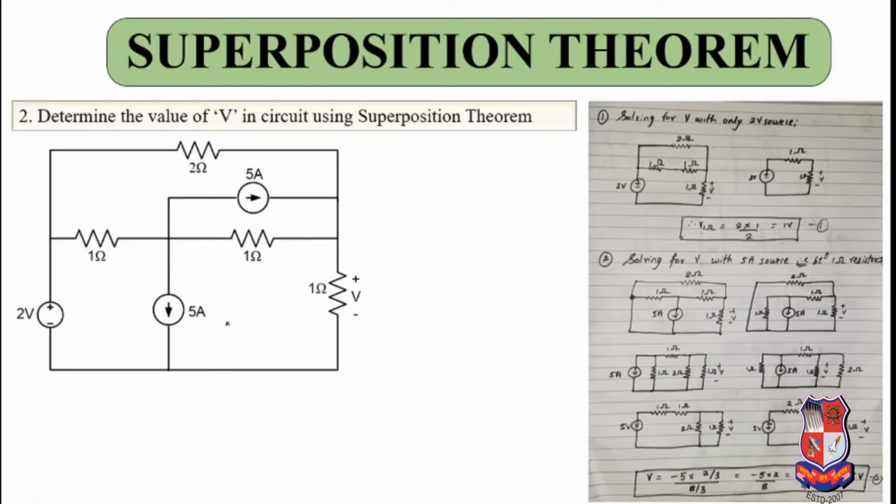Now we will solve using the 5 ampere source, and that is between the 1 ohm resistors. When we are taking this current source, then this voltage source is short circuited and the other current source becomes open circuit. So you have to solve this method. You can see the steps which I have given, from here to here, here to here, here to here. After that, source transformation is done, and finally you will come over here. The steps I have already given you.